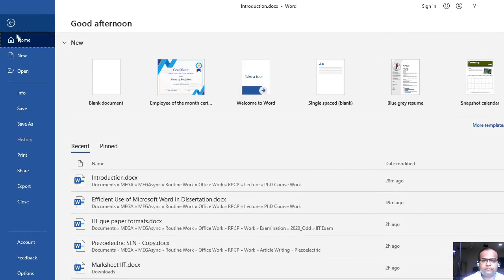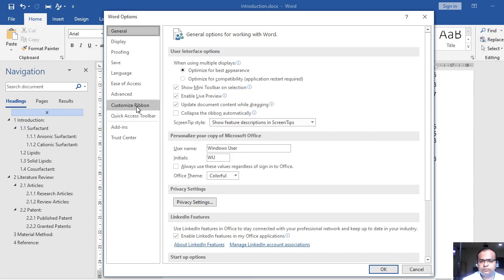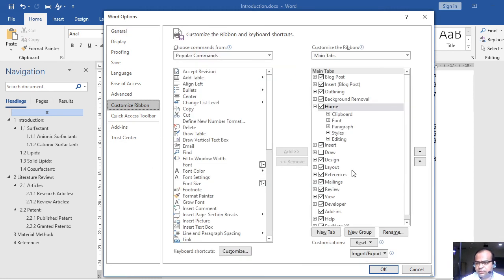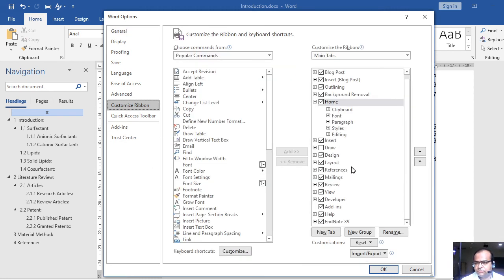You can enable it by going to File, Options, and Customize Ribbon. In Customize Ribbon there is the option Developer, right? You may see it is not enabled, so just enable it and click OK.